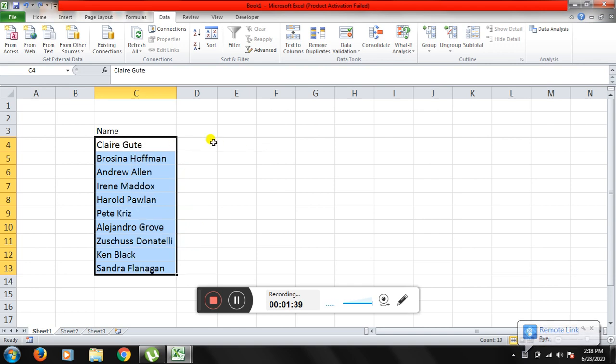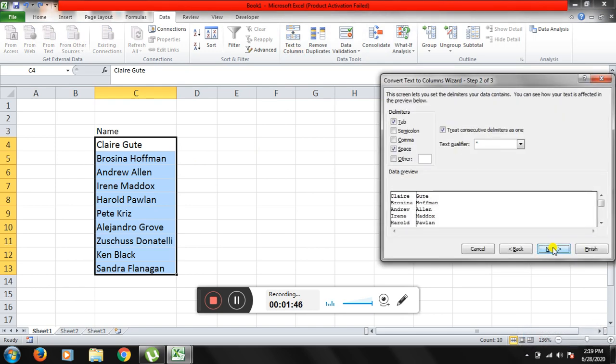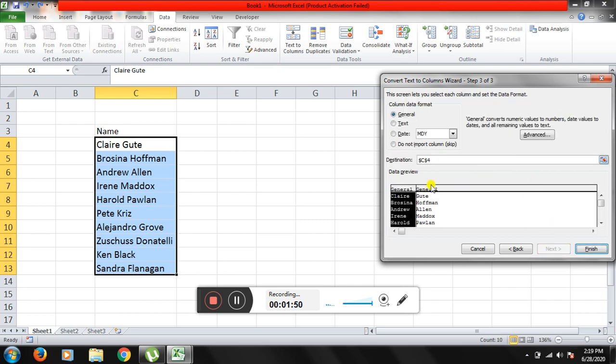So let me take you back to the same screen. Again, I'm going in delimited. So again, I'm clicking as next. Now let's suppose you do not want to keep the same destination as C4. You want this data to be in the same place, and you want the first name and last name split to happen in some other destination. So what you can do is you can change the destination part over here. If you see, it is mentioned as